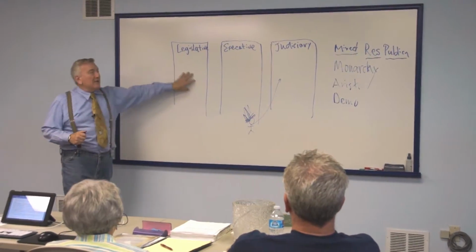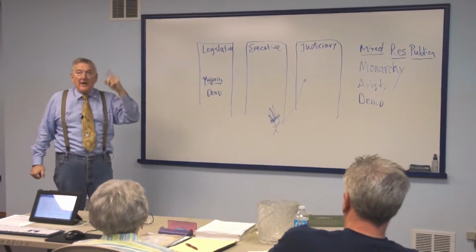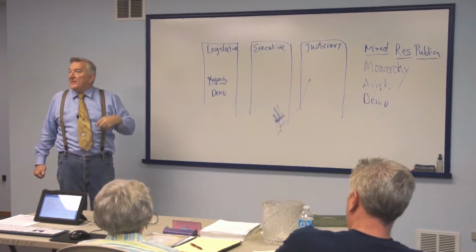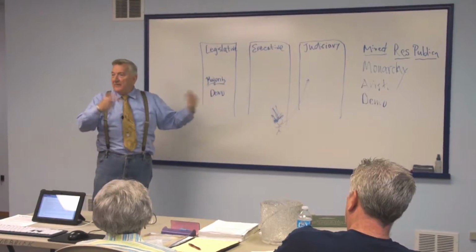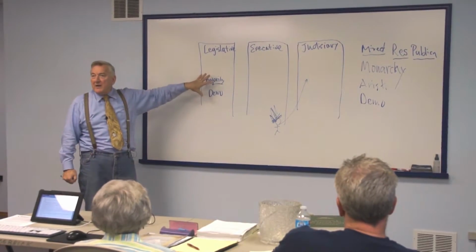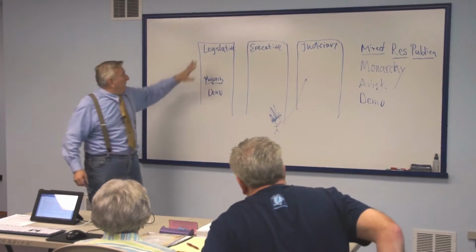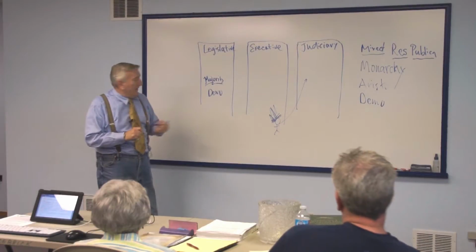So, the legislative branch. How would you say the legislative branch is run? Is there one person that's in charge of the legislative branch? No. Okay. Democracy. Good. It has a majority rule. If a majority of the representatives and the senators say, yeah, this should be a law, then it's a bill and it goes over to the executive and it gets signed, and all that kind of stuff. But in terms of what they're doing just right here, the majority rules. So the form of government that is in the legislative branch is a